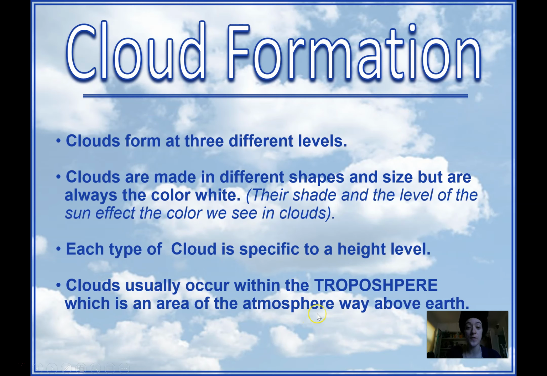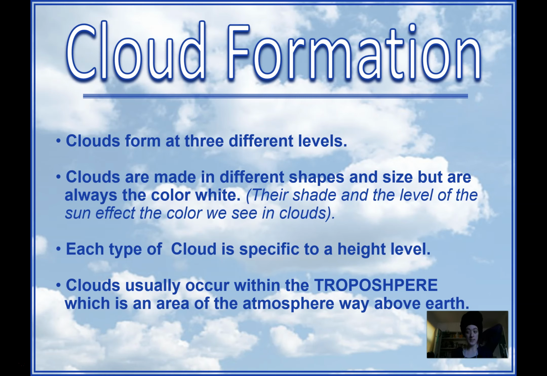Okay, so clouds form at three different levels: low, medium, and high, right? Close to the earth, a little bit farther away from the earth, and far away from the earth, closer to space. Clouds are made in different shapes and sizes, but are always the color white, right? So their shade and whether we see them as gray or dark just depends on the amount of sun that we see in the